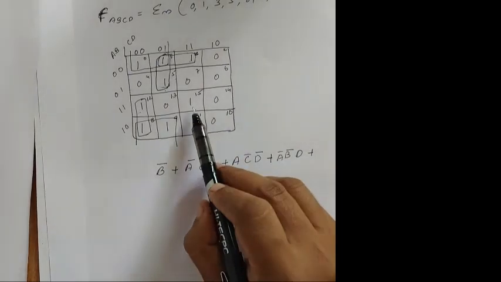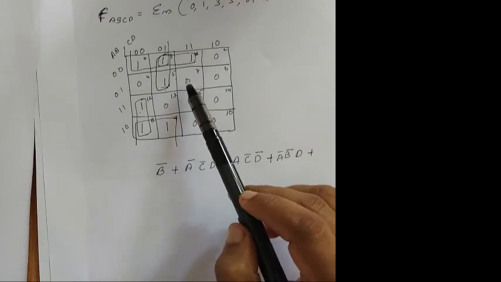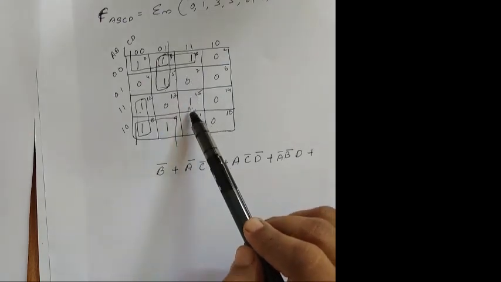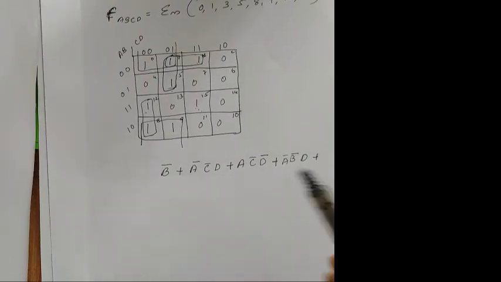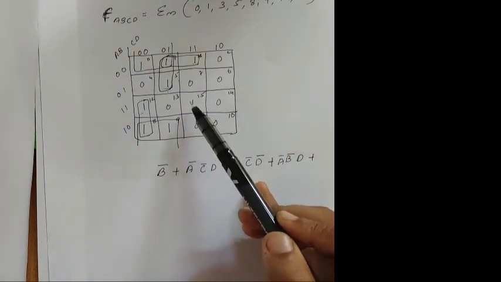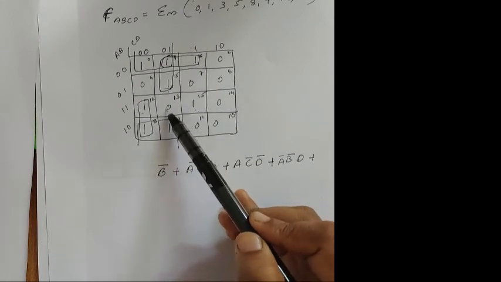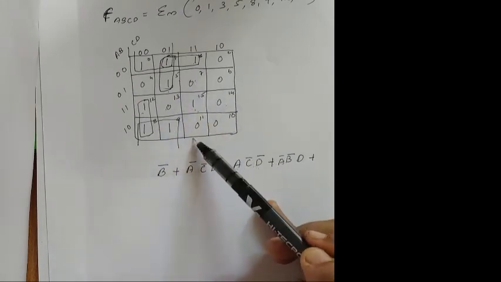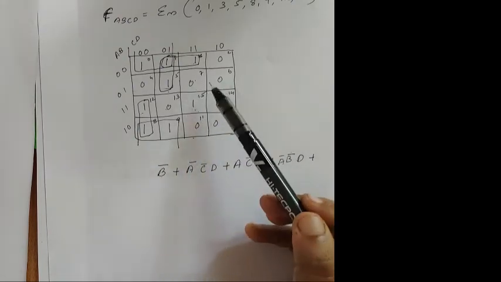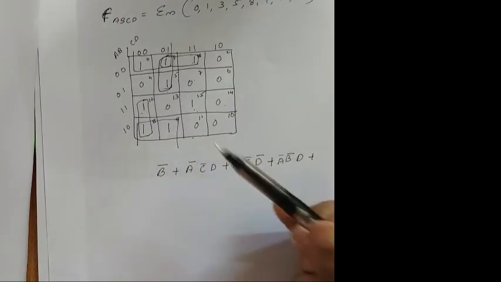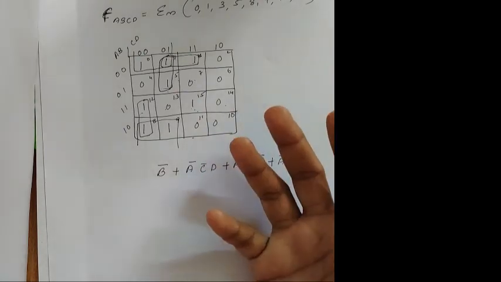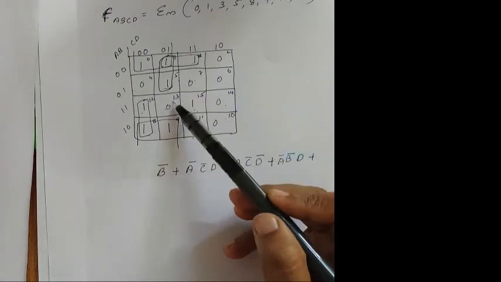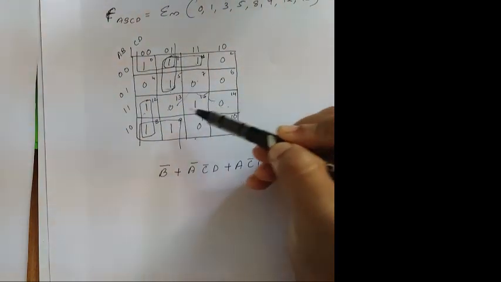Next I'm having one more variable. Please check this. There is no adjacent grouping. Look, here 1 is a single bit. I'm not able to group it with 13, 7, 14 and 11. These are the adjacent groups. I'm not able to group with any of this. So not 4-variable grouping, 8 or 16 variable grouping, 2-variable grouping is also not possible. Adjacent groups only. Just check. I'm not able to group with any of them.